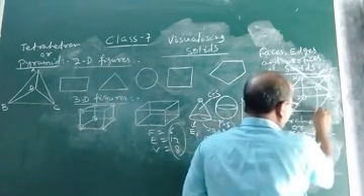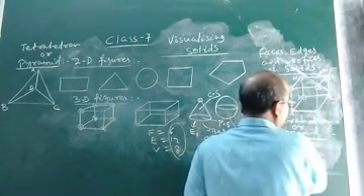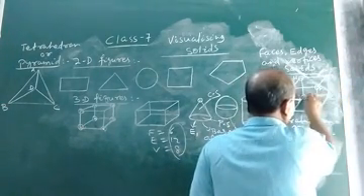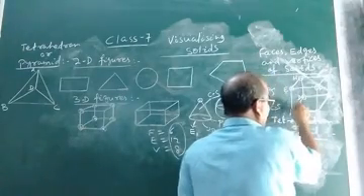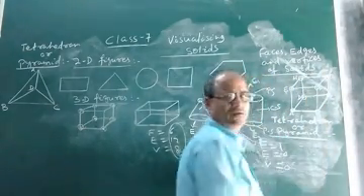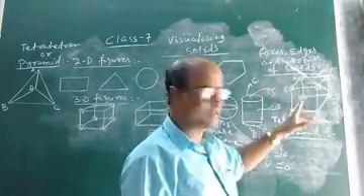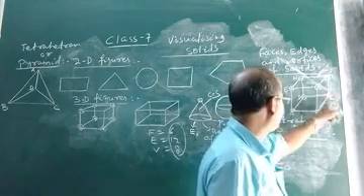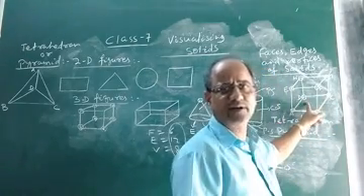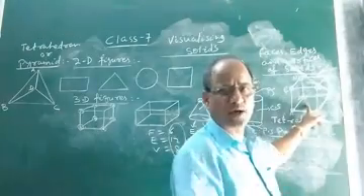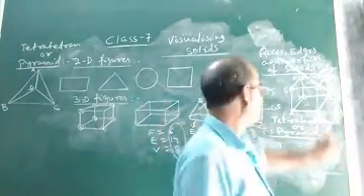Similarly, AB will be one edge, BC one edge, GC another edge, CD another edge, AD another edge. Like this you can count. You can name all the 12 edges of the cube. And faces, which will be a face? You see, ABCD will be one face. It is square in shape. The shape of each face of a cube is square. That is what I discussed there.